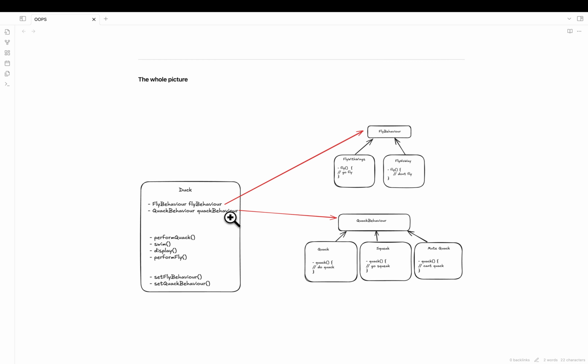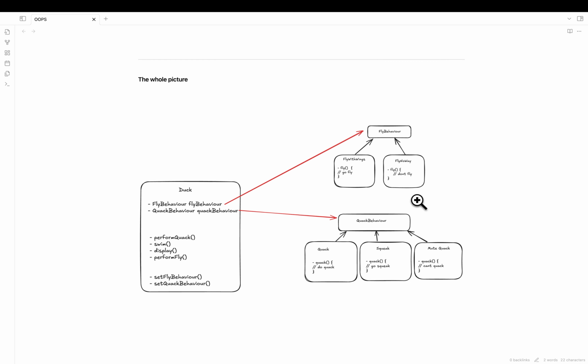Corresponding to those we created the methods performQuack and performFly, and these runtime objects point to these interfaces, which have different concrete classes. This is actually the strategy pattern, and in that lingo these are called algorithms.